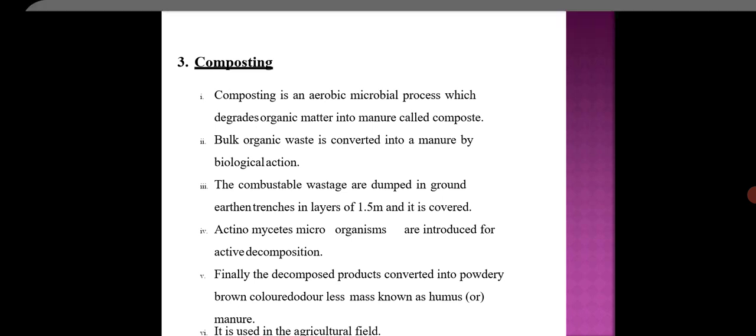This method also has some advantages and disadvantages. The main advantages are that it increases the water retention and ion exchange capacity of soil, and it is also a low cost method. The main disadvantage of this compost method is that the use of compost has not yet caught up with the farmers. Therefore, it is not assured in the market. Here, the non-combustible substances are disposed of separately. So, in this method, we have to separate both the decomposable and non-decomposable combustible substances.